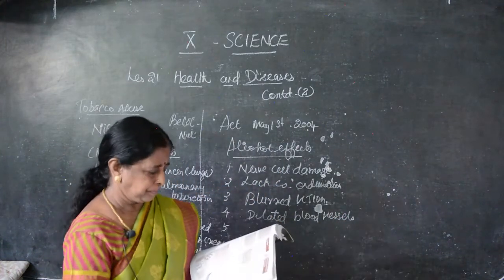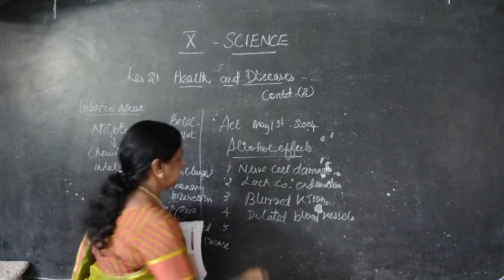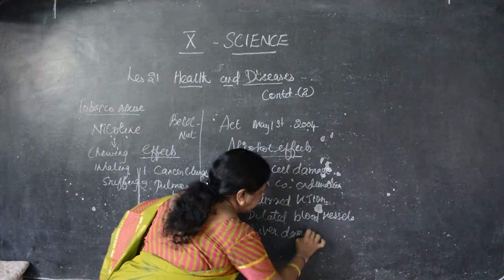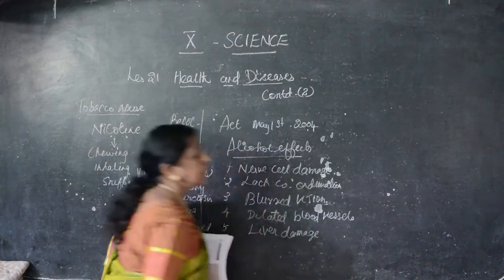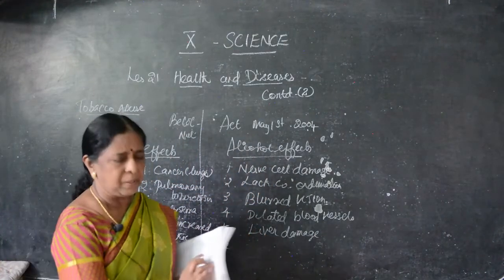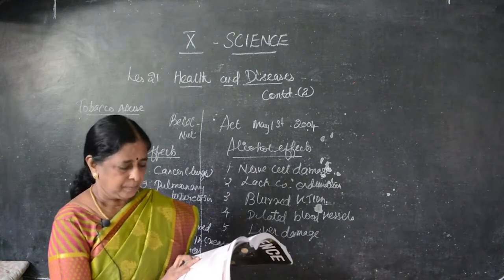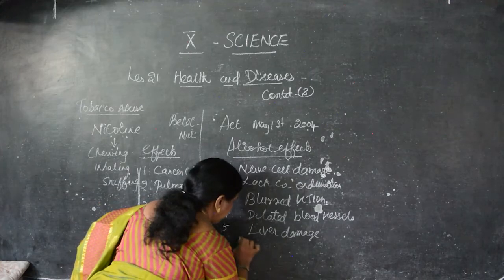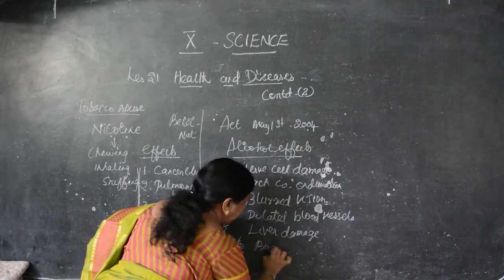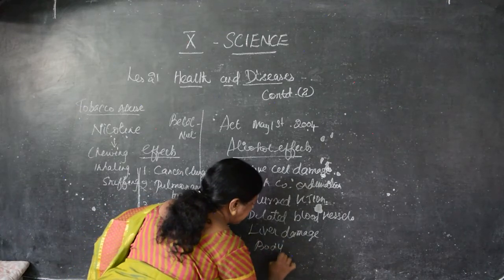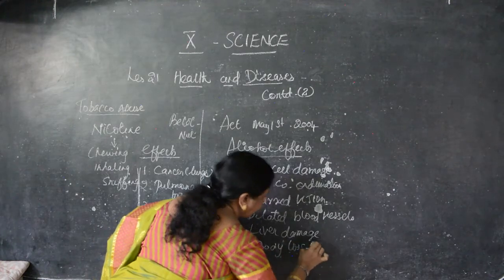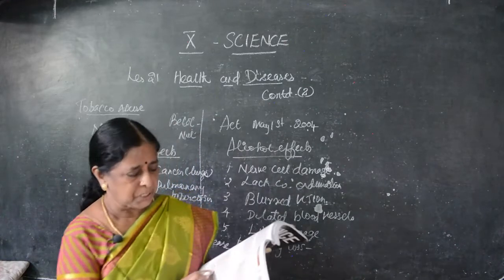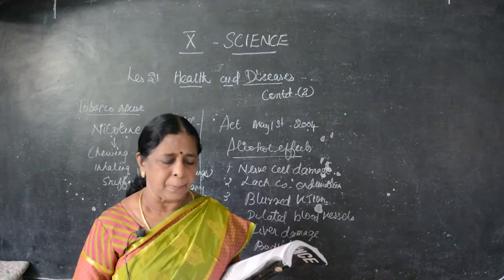And liver damage, that is liver cirrhosis, otherwise liver cancer. The liver is the biggest organ present in our body. If it is affected, the entire life is affected. Body loss, the body loses its weight. And unemployment will be pushed onto them because they are not going to work properly and they will be